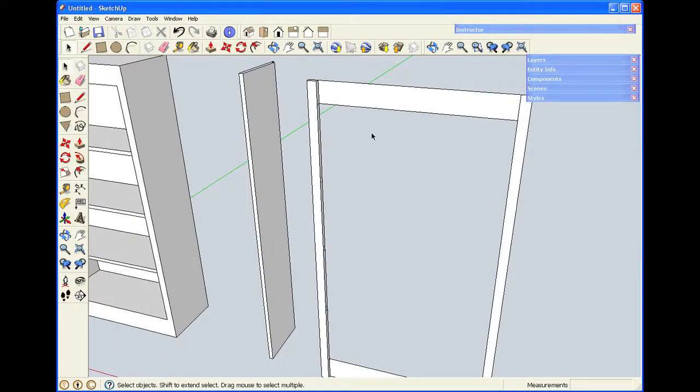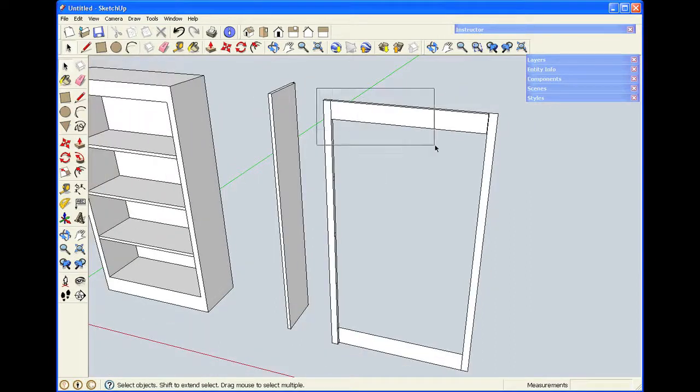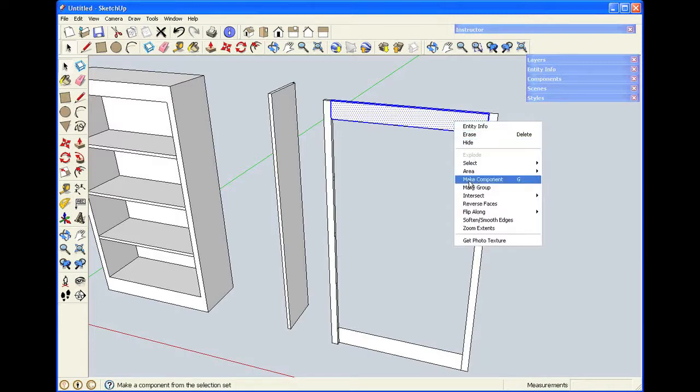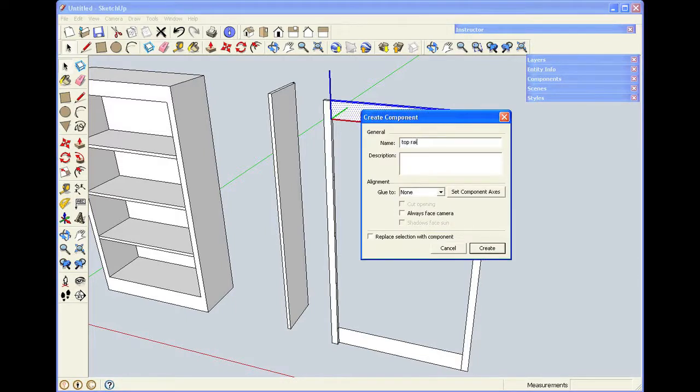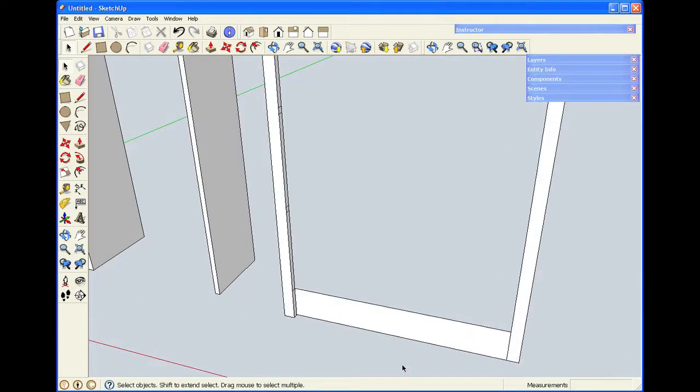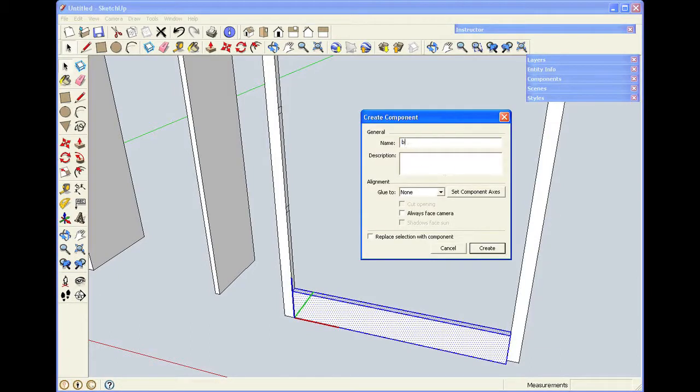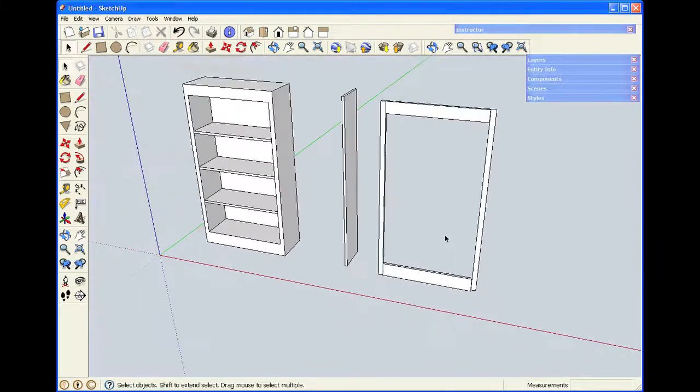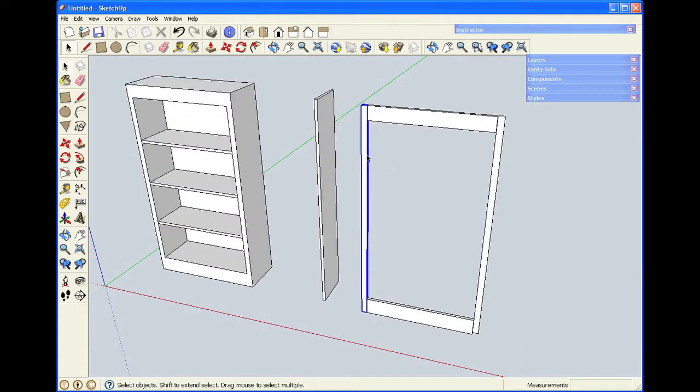I'll do the same thing with the rails. I'll use push-pull. I'll snap on the point that's already there rather than typing in a dimension. I'll select the rail and make it a component. Make sure to check the box and click create. I'll repeat that operation down at the bottom and make the bottom rail a component. And again, I want to make sure this box is checked. So now my face frame, instead of being a bunch of individual lines and faces, is three objects: the style